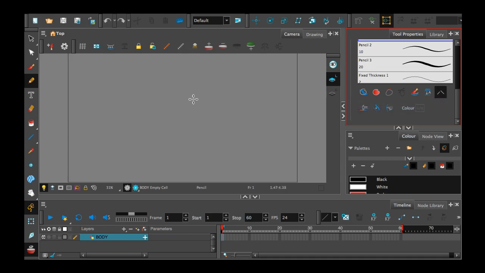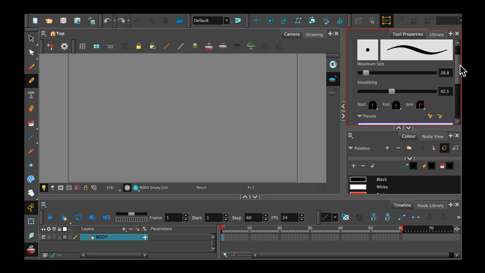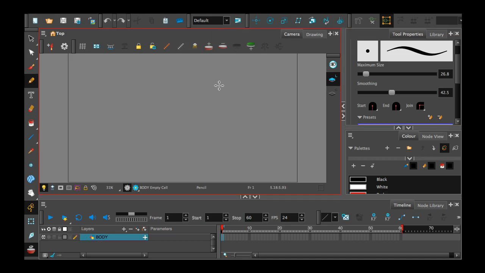Then I'm going to sketch in just the body of the squid. So, vectorized line black, smoothing's up, that's all fine. The squid's going to be roughly like this. One of the key differences between the brush tool and the pencil tool is that with the pencil tool you are just doing outlines. You're not actually painting anything, you're just creating basic content. So once I've drawn this rough shape,